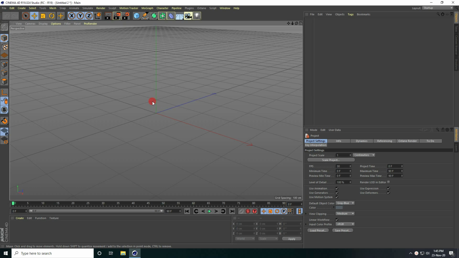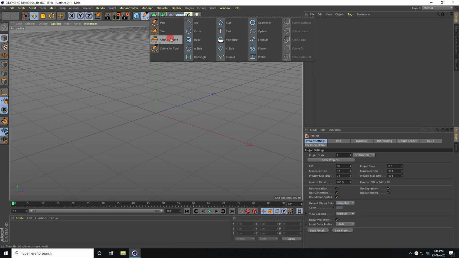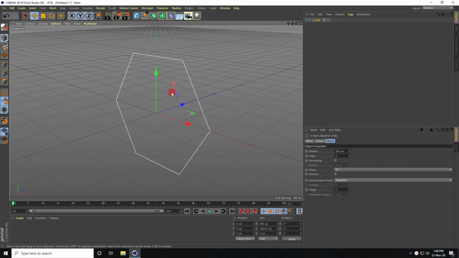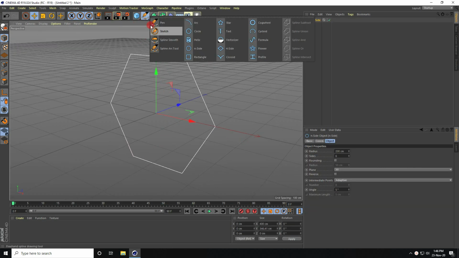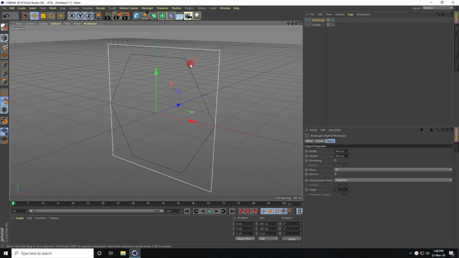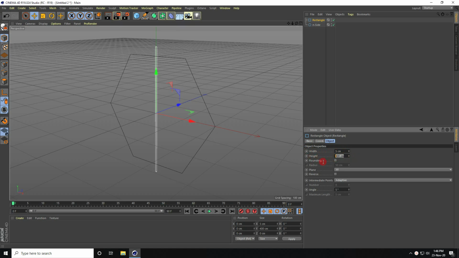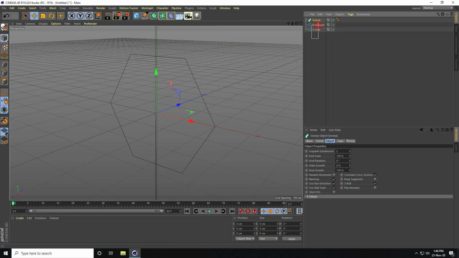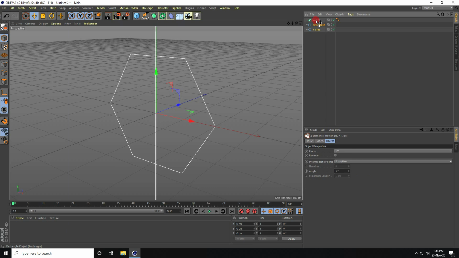So guys, today I'll teach you how to create a new style of science fiction scene using Octane Render. Firstly, I'm going to take this one, the inside tool. Now the second one, I take a rectangle and change the rectangle size. Breadth I take 5 centimeters and height I take 1000, right? Okay, so third, I take the swap tool, select both objects and make them children of the swap.